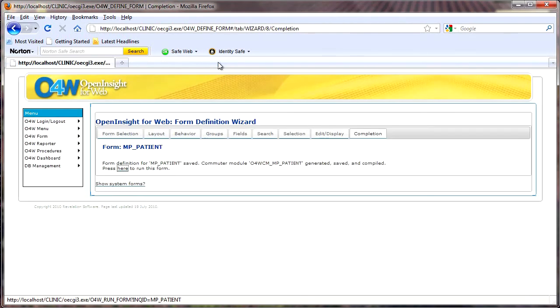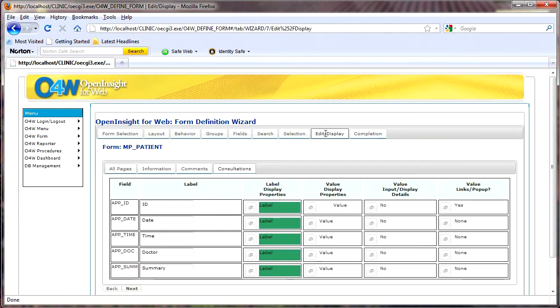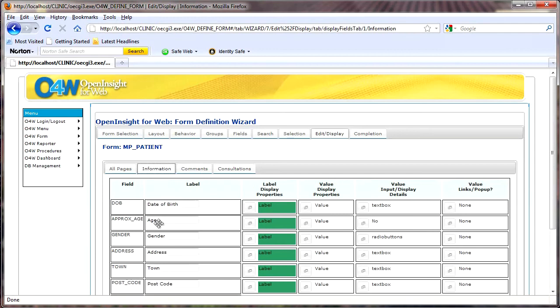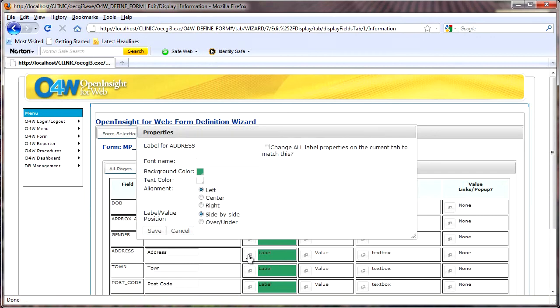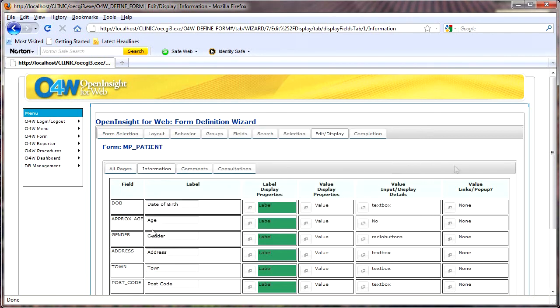So we'll close out of this window. Right, so the first thing we want to do is just to have a look at the address. If we go into edit and display, under the information, our address, and for the label we want to make that over and under, which means that we're going to have the label on top and then all of the individual line items underneath. So we will save that. Okay, if we just come down a bit,